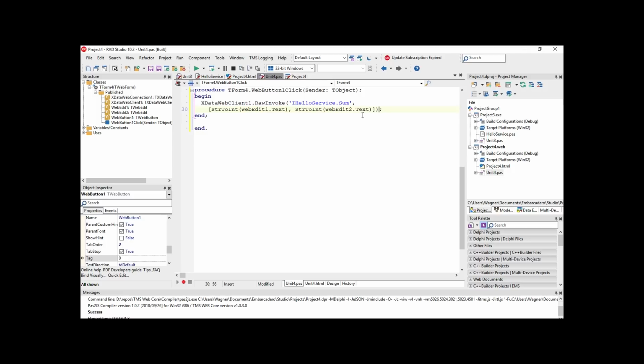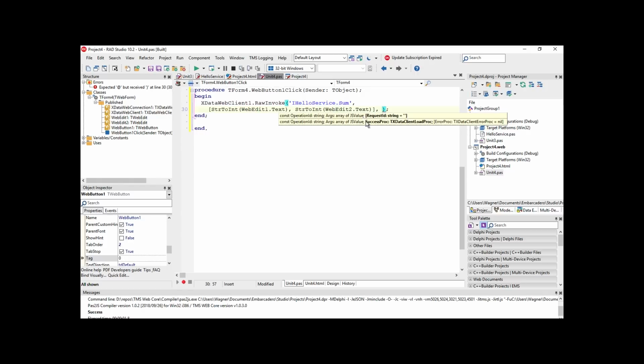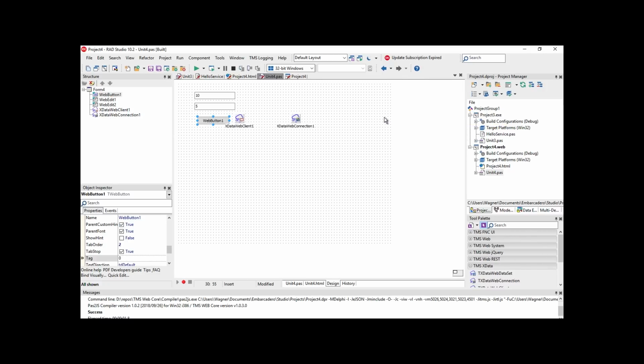You might have noticed here that I haven't handled the result here. One thing you have to have in mind is that in the web client, all calls to the server are asynchronous. So there is no way to get the results directly here. We have to use callbacks to retrieve the result. That's why we have another version of the overload method here. We can add a method to receive the callback, or we simply can use the XData web client events here